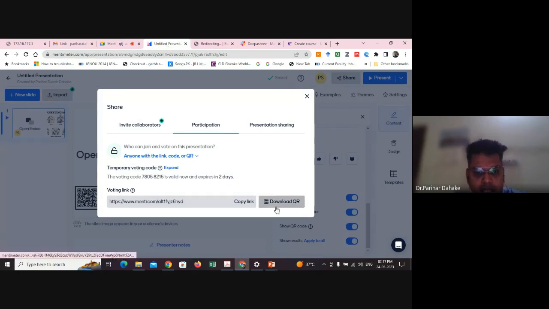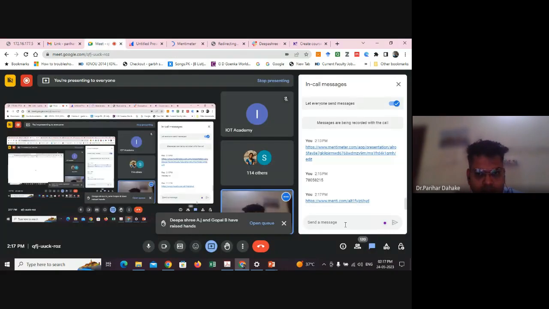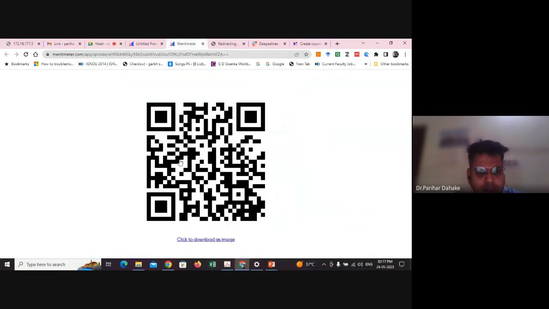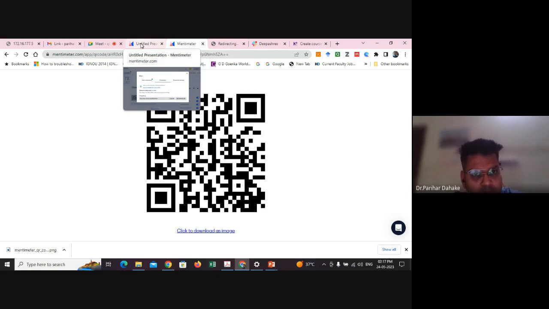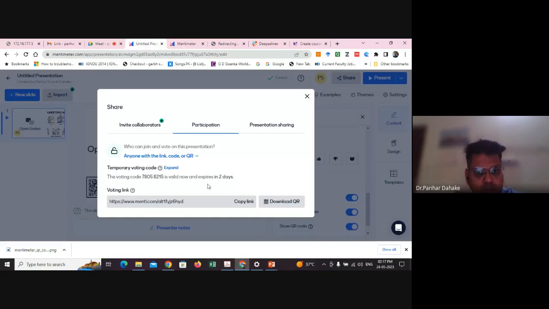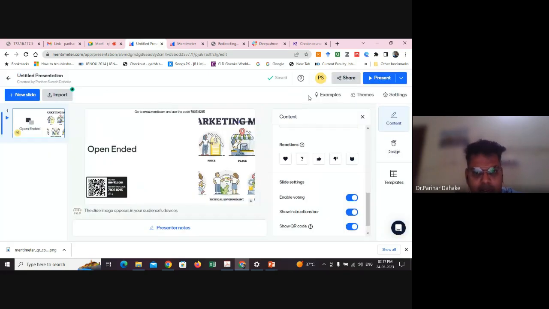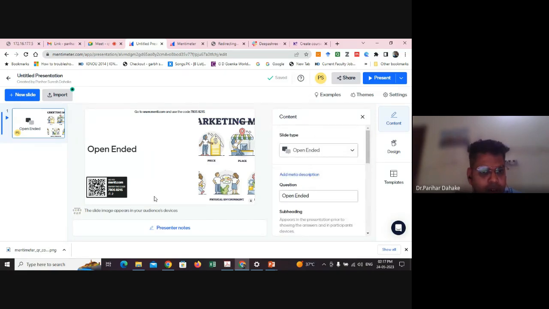And the second thing is to download the QR code. With the help of this QR code, you can share it on your Google Classroom or Slack or any platform where you are communicating with your students. By that method, people will get into your classroom and they will be a part of your presentation activity. Okay, is it clear to you?